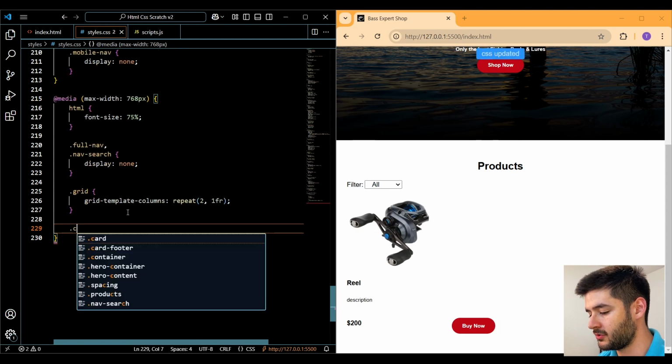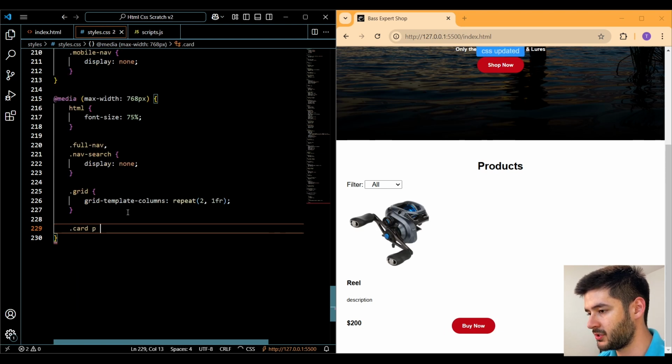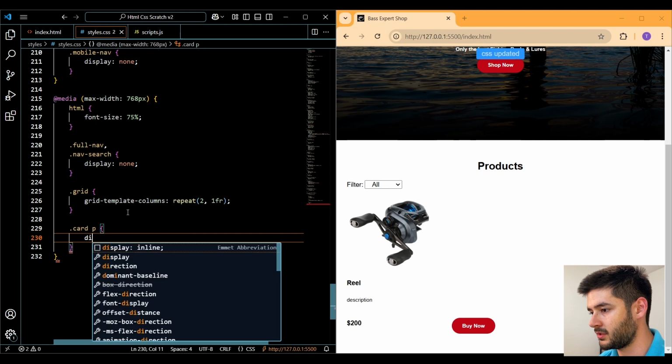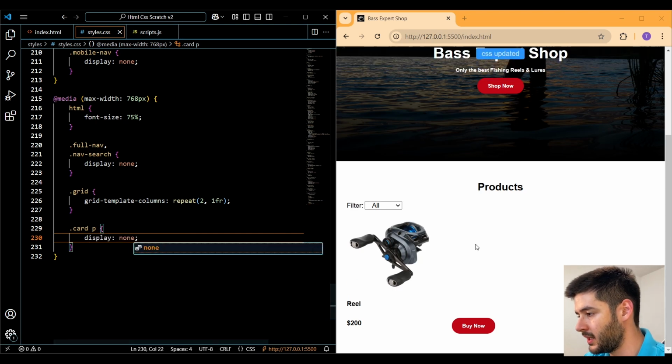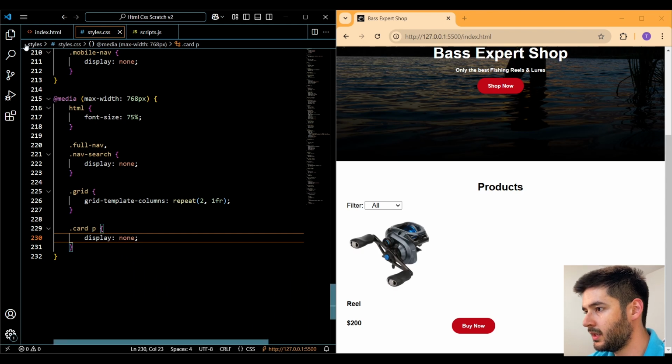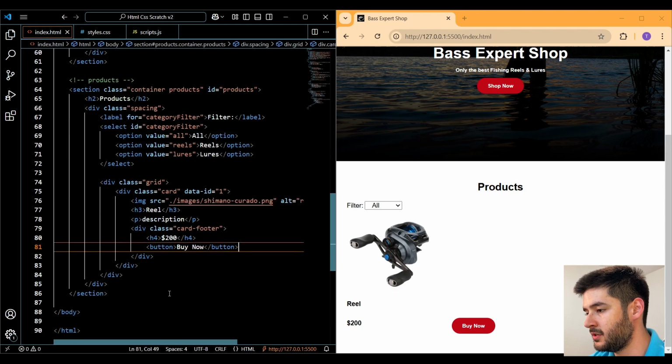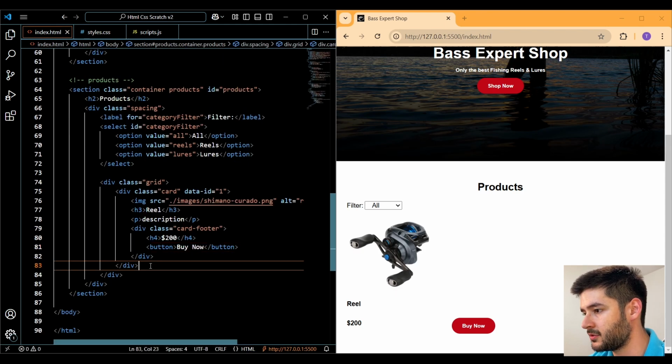Then on mobile devices, we want to target the description here. And we simply just want to change our display to none to clean it up a little bit for mobile devices. And now if we go back to our index.html, we can add each one of our products manually within our grid here,